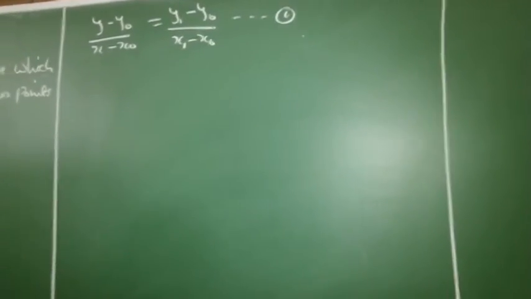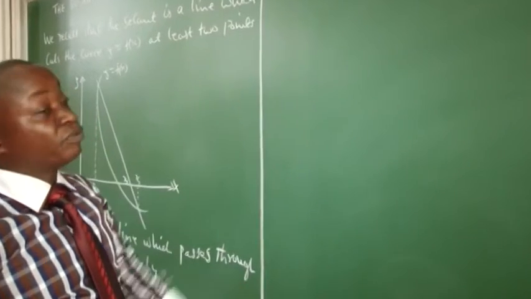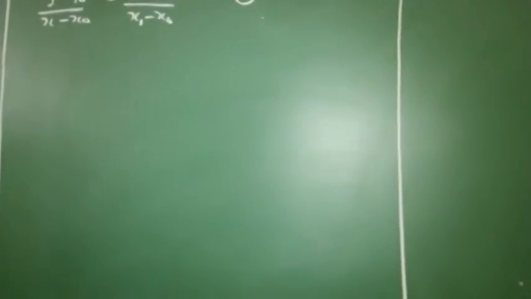You know that this is the gradient of a line which passes through 2 points from geometry. Okay, now